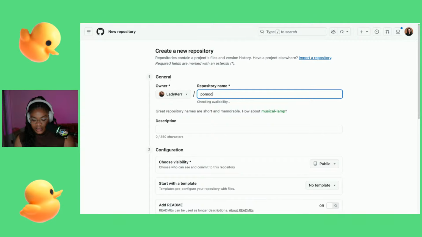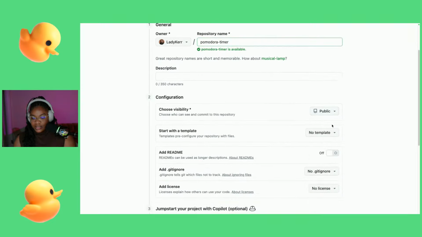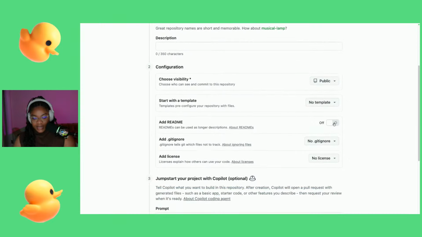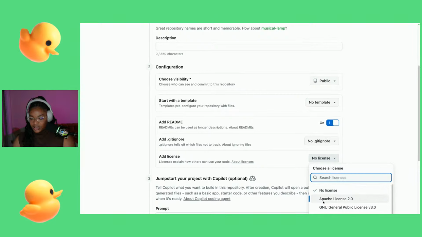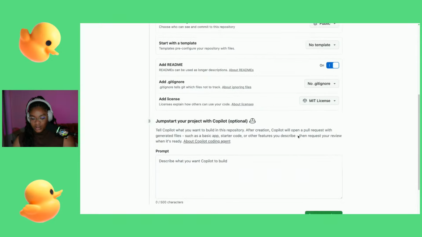Let's just do a simple Pomodoro, which one is it? Timer. Let's make it public. Let's, of course, add a README, and let's just choose the MIT license. Oh, that's the ignore. Let's not do that yet. Let's just do the license really quickly.